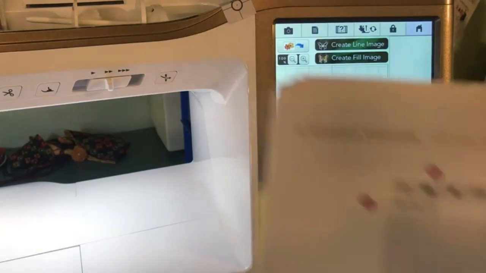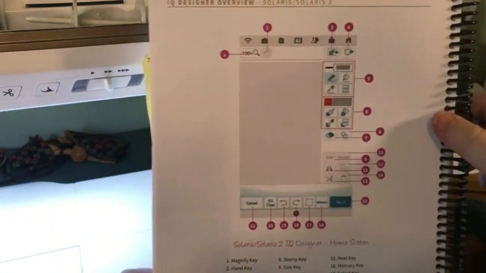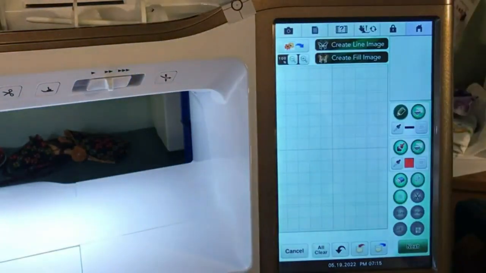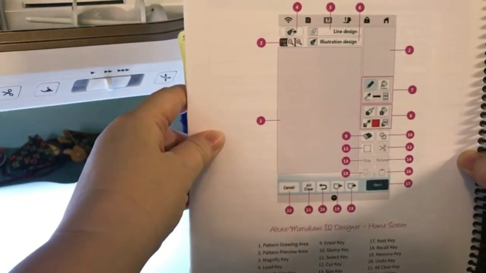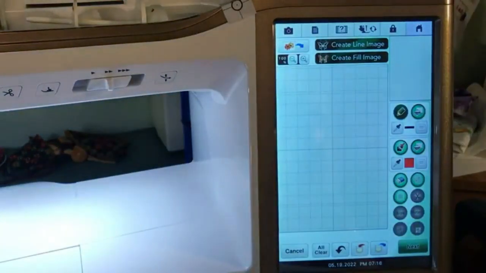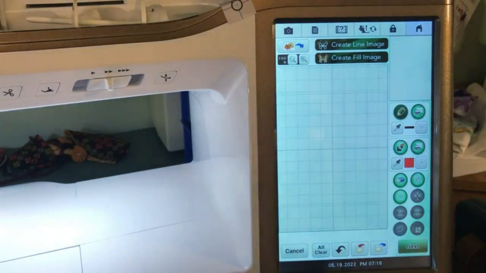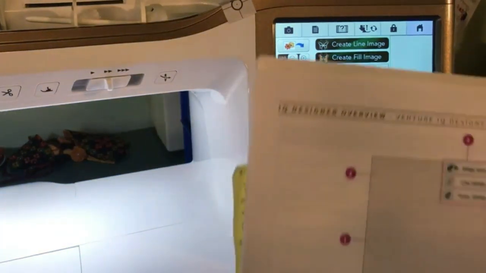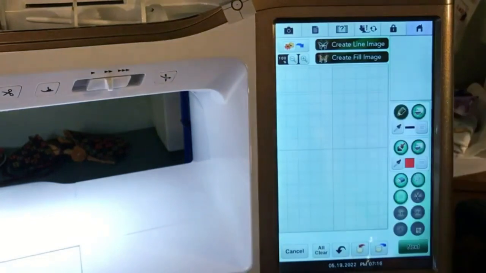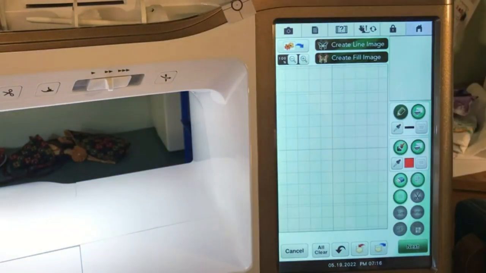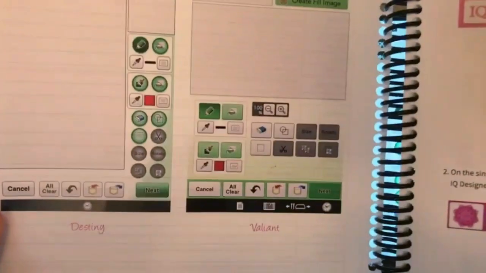If you have a Solaris, your initial screen will look like this. They look basically the same and have the same buttons, though they may be in different places. If you have the Altair and the Meridian, it's this one, and it looks very similar to the Destiny. There's not a whole lot of difference here. If you have the Venture, which is the new 10 needle machine, it'll look like this. Again, it's got the same buttons, they're just in different places. And then finally, if you have the Valiant, it's going to look like that, which looks an awful lot